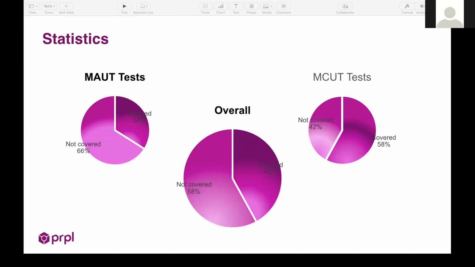So in general, our rating is not good, actually. For mode tests, we are covering only 34% of all scenarios. For MCUT tests, we are not covering about 42%, which is good. We have half, not bad. Overall, we are below half of the official certification test scenarios, which basically for you as a developer means that